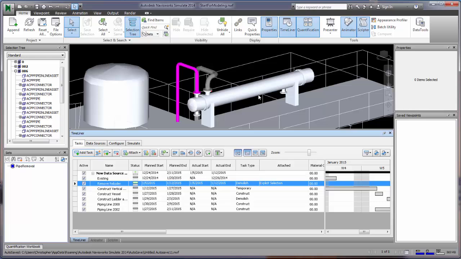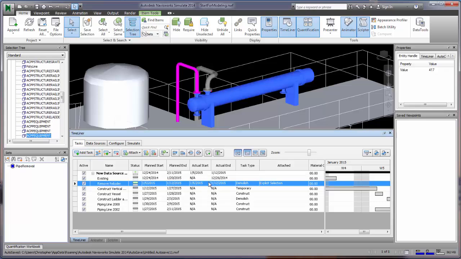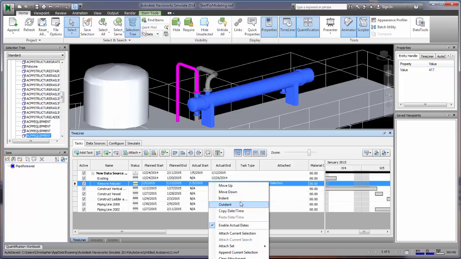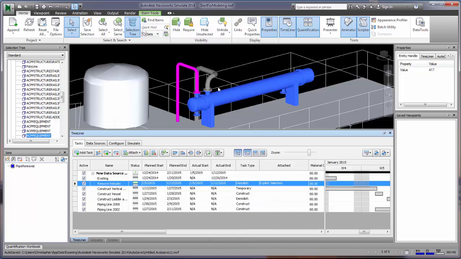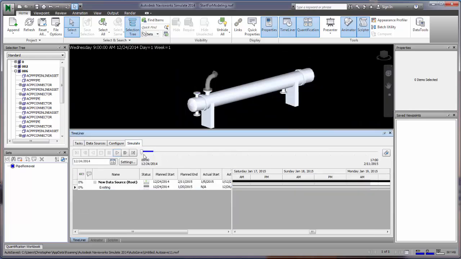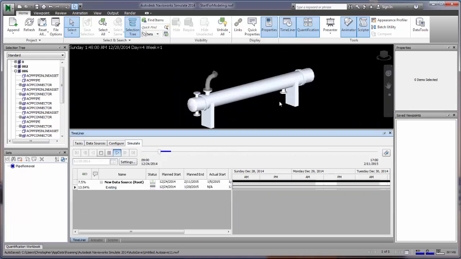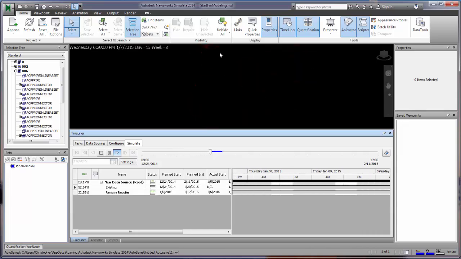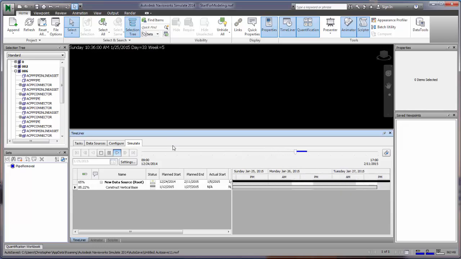Actually, I want to add in the tank. And so I right click and append that current selection. So now both the tank and the pipes are going to be associated with this. And so now I can go back to simulate, hit play. And then once the demo starts, it's kind of faded back, so it's kind of hard to see, but the piping went down, now it's back down. And so it's just following what the demo was,